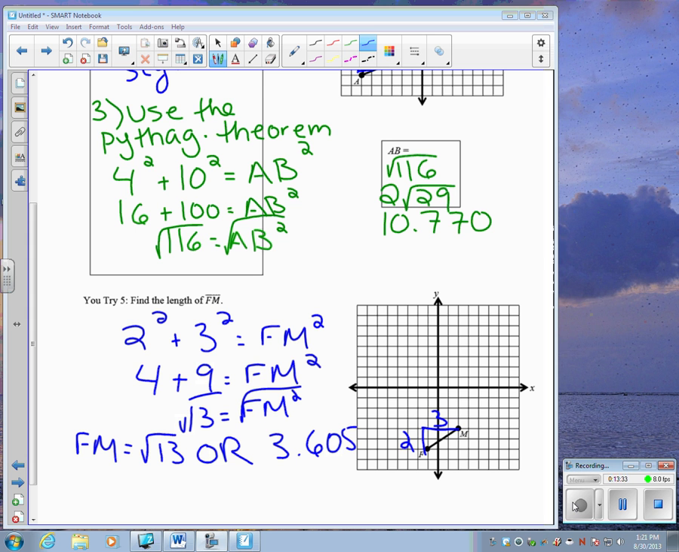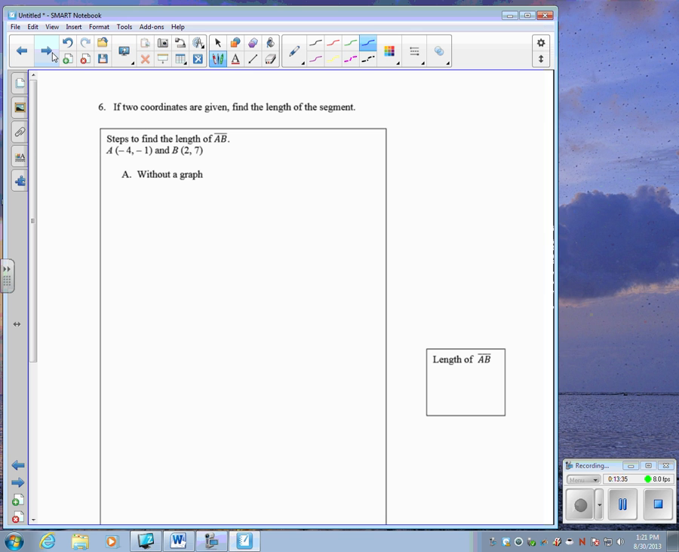All right, let's take a look at another method in order to find the length of a line segment. So if you notice in example 6, this time we are given 2 points, but we are not given a grid or coordinate plane to help us find the length of the hypotenuse. So what we